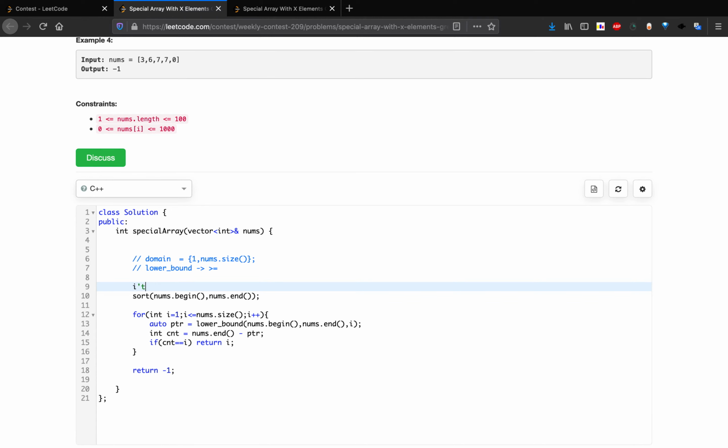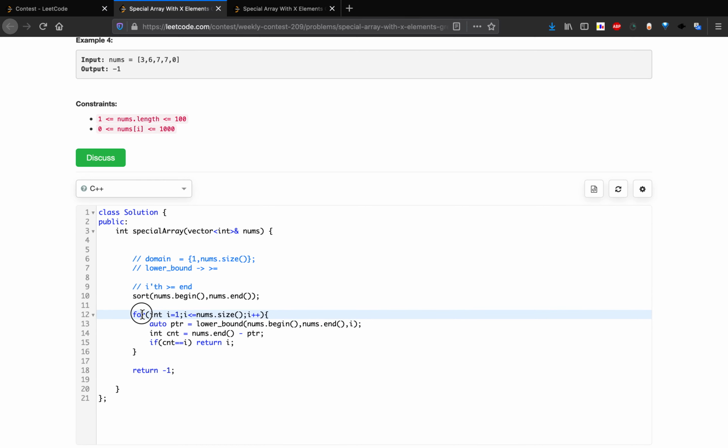So we will get the ith element such that it is greater than or equal to x. Then we can get the count of how many numbers are greater than this value by doing a subtraction from the end of the array to the current index we are at.